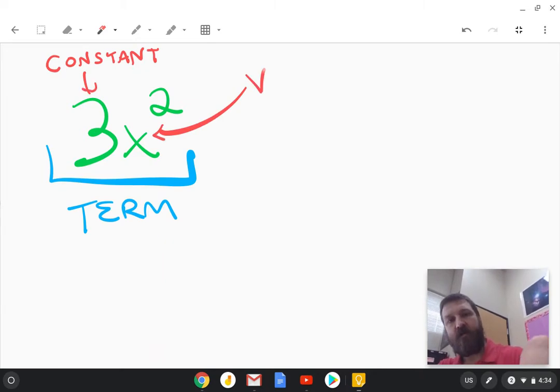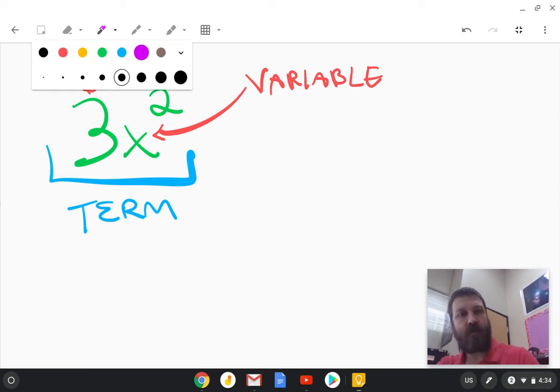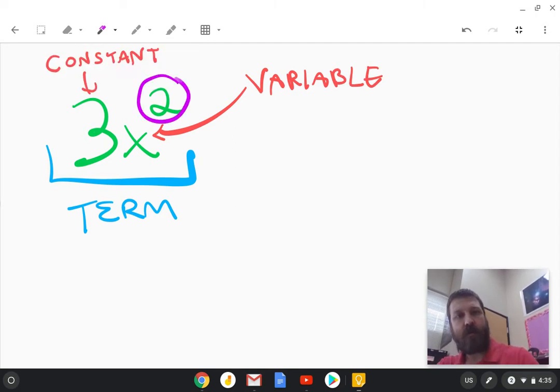X is a variable. And then, of course, we have exponents. So terms are any combination of constants and variables joined together by multiplication or by exponents. So all of this is a term, the blue thing that's bracketed in blue, and it's made up of constants